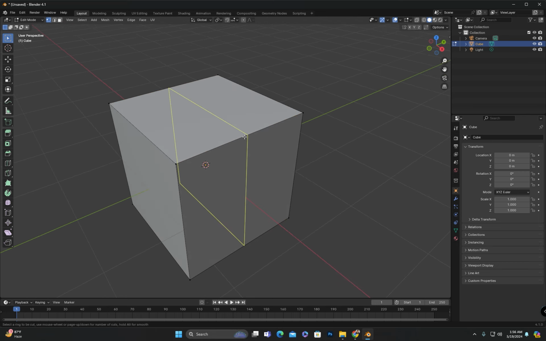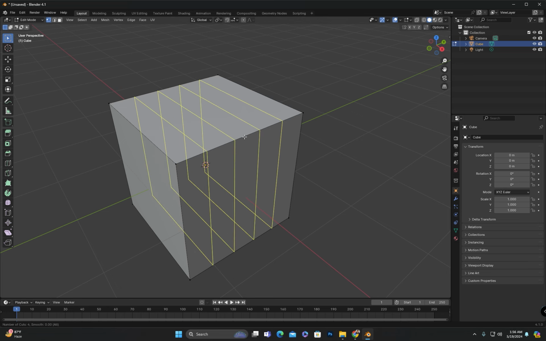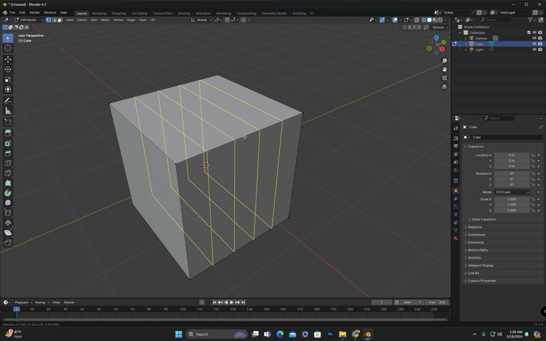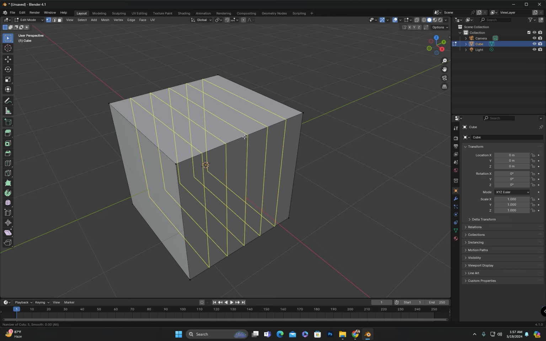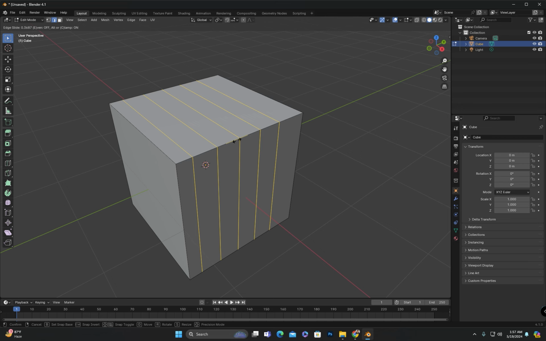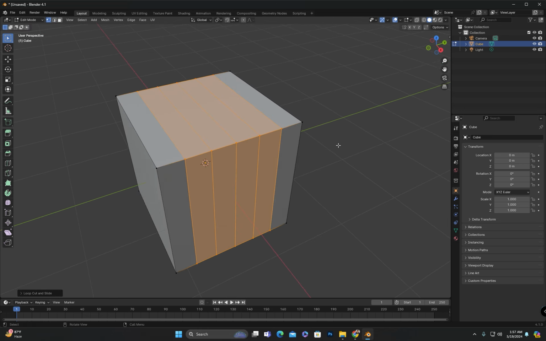If you want to add an edge loop to a side by pressing Ctrl plus R, once you see the preview of the edge loop, you can use the mouse wheel to increase or decrease the number of edge loops. Scrolling up will increase the count, while scrolling down will decrease it. After that, when you click, you will need to define the position. If you want it to be in the same place, you will press escape or right click.